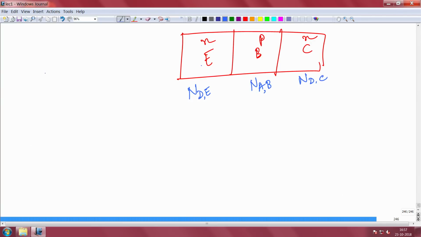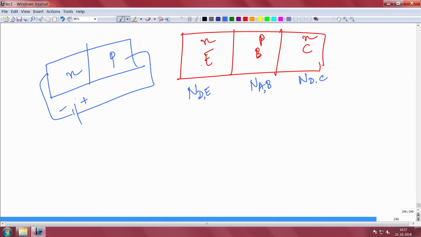Now if you remember, if you look at a normal PN junction, when you forward bias the junction like this, electrons are injected from here to here, and holes are injected from here to here. How do you make sure that electrons injected this side result in a more dominating fraction of the current than holes coming this side? You want the holes coming this side to be minimum because that is useless. So how do you make sure that holes injected to this side are much smaller in magnitude than the electrons injected to this side?